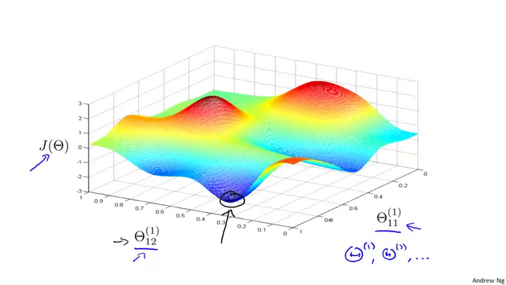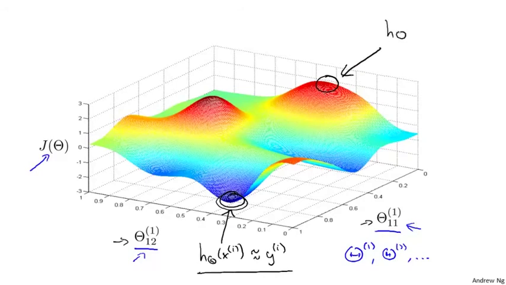There's a setting of the parameters theta where, for most of the training examples, the output of my hypothesis is pretty close to yi, and if this is true, then that's what causes my cost function to be pretty low. Whereas in contrast, a point like that corresponds to where for many training examples, the output of my neural network is far from the actual value yi that was observed in the training set. So points like this on the right correspond to where the neural network is outputting values on the training set that are far from yi, so it's not fitting the training set well,